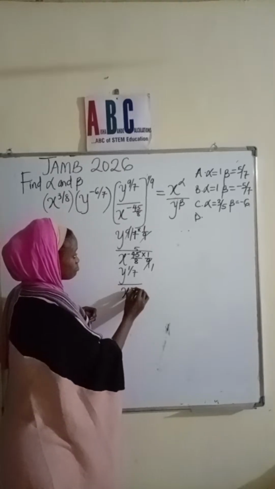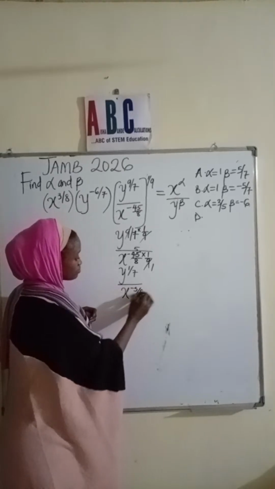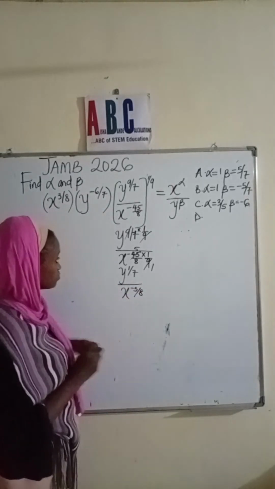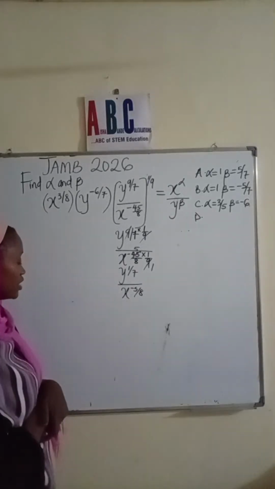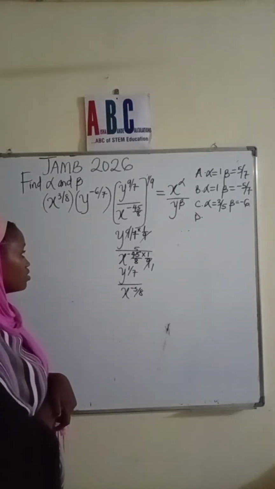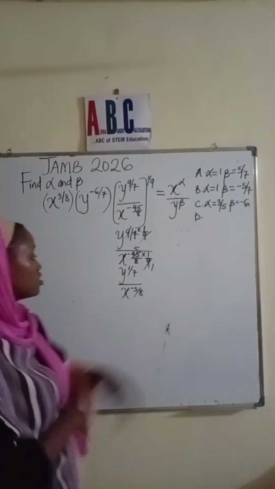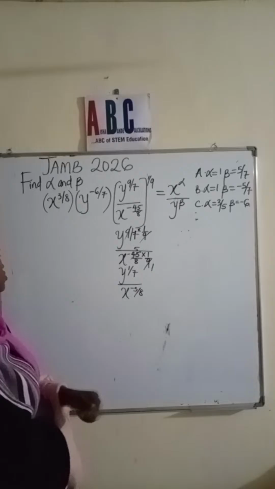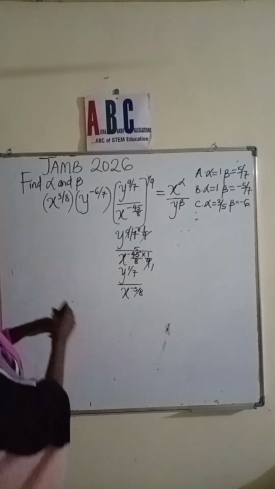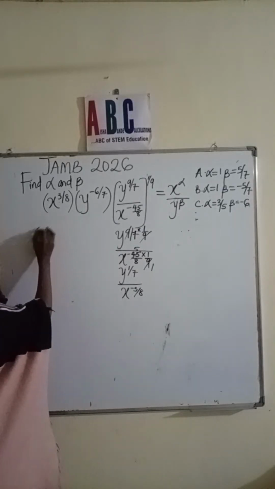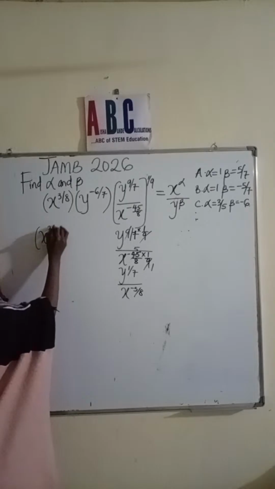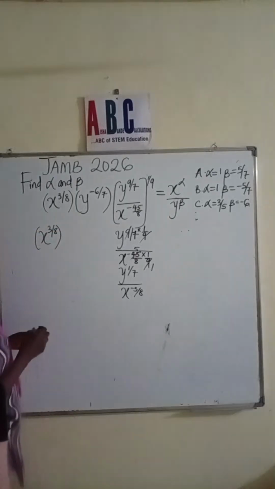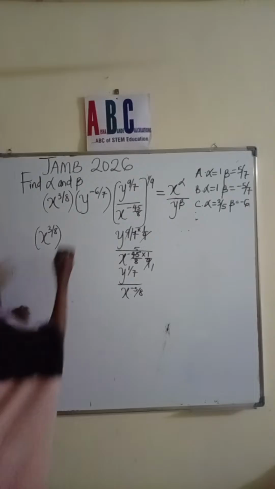Okay, so we have minus 5 over 8 here, right? Yes. So here we have x to the power of 3 over 8, times